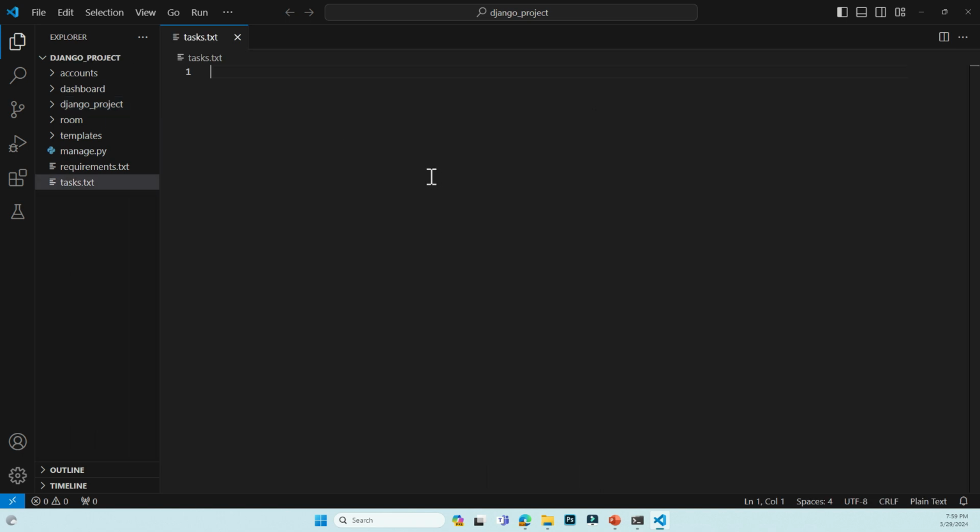And I want us to also create a txt file here called task.txt. So what are we going to do? First thing we're going to do is obviously users can log in and log out, right? So this is what we're going to be building first, and then we're going to do the simple dashboard. Okay, so we have creates, updates, deletes, and view